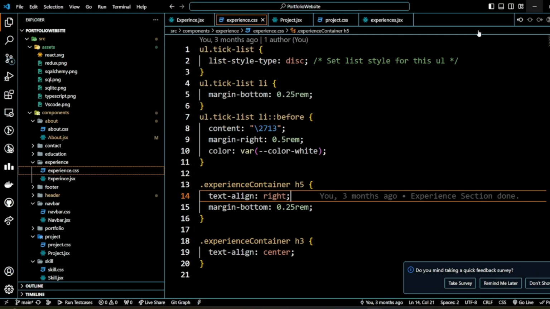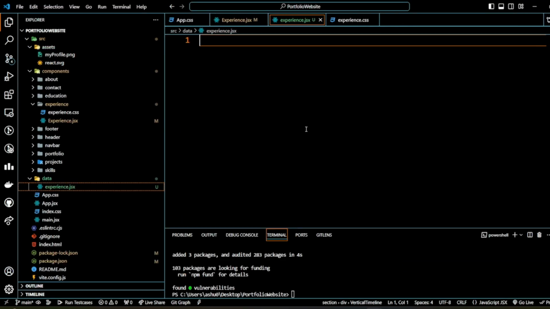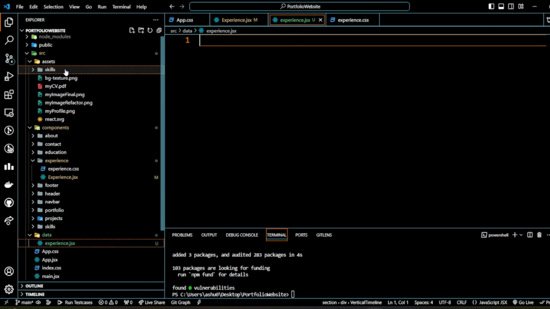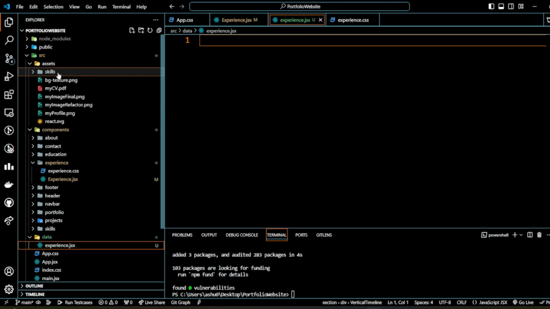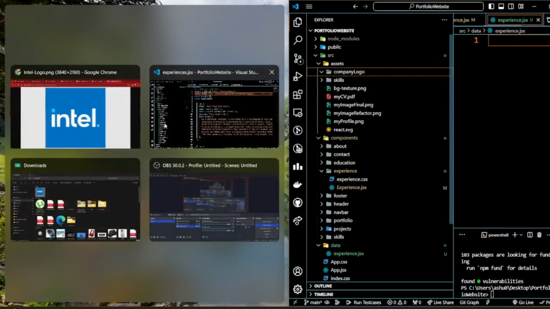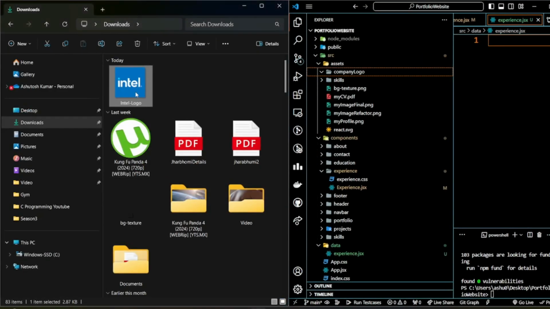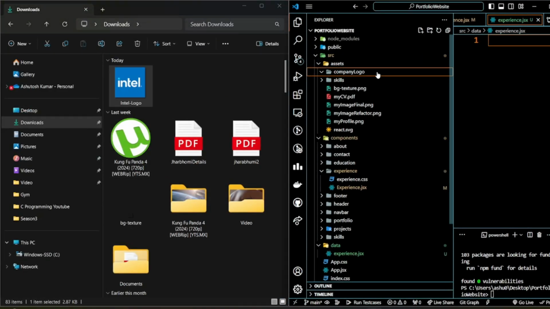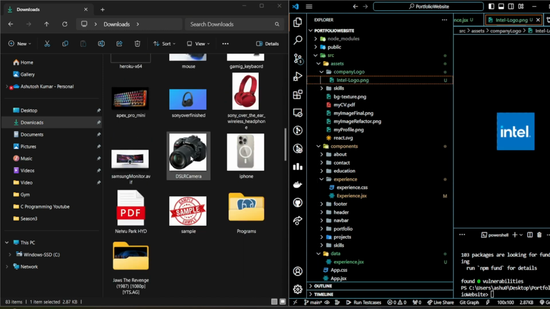So let's do that now. Let me first bring the image asset folder. So asset folder here, let's use company logo, maybe logo. So here we'll put the image, our images, and the second one is